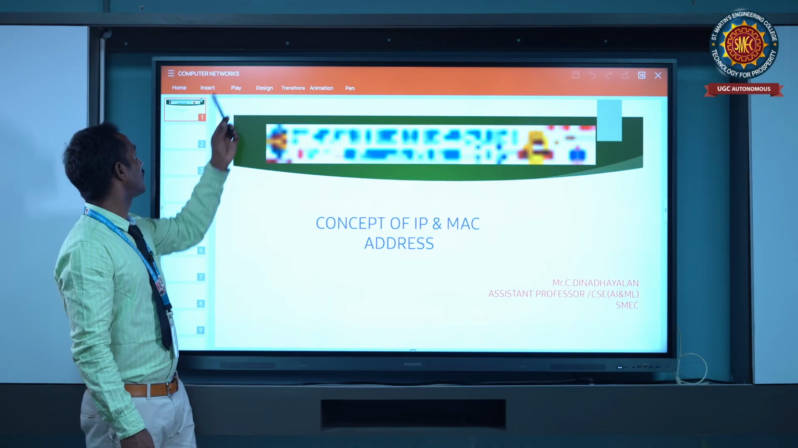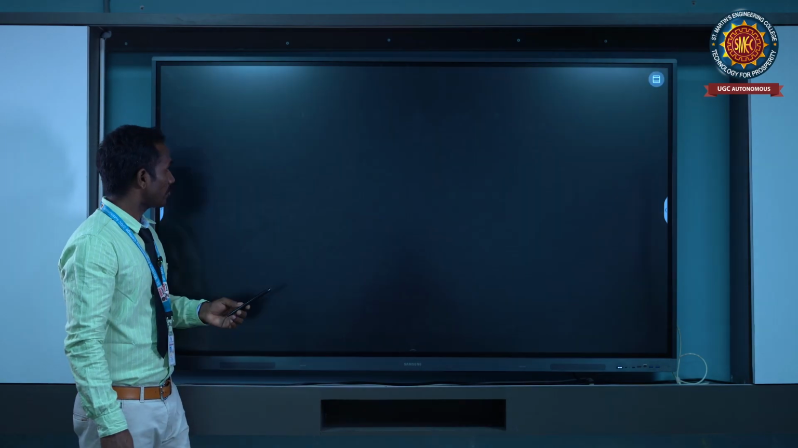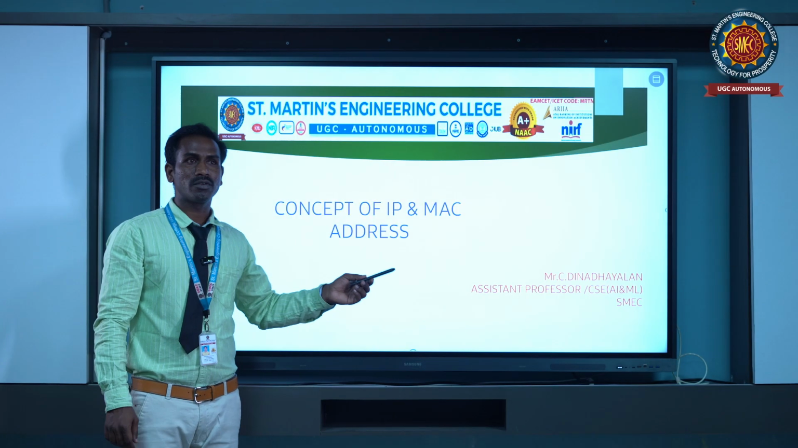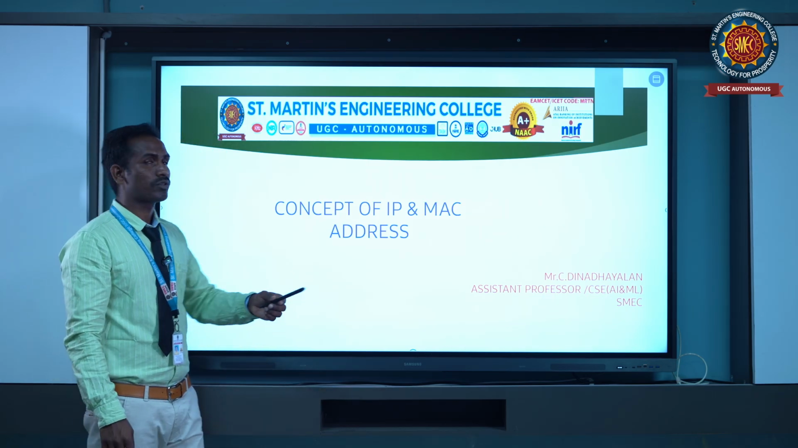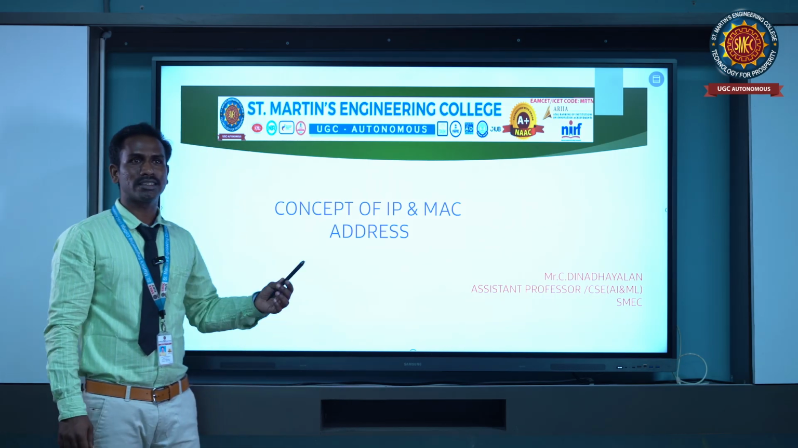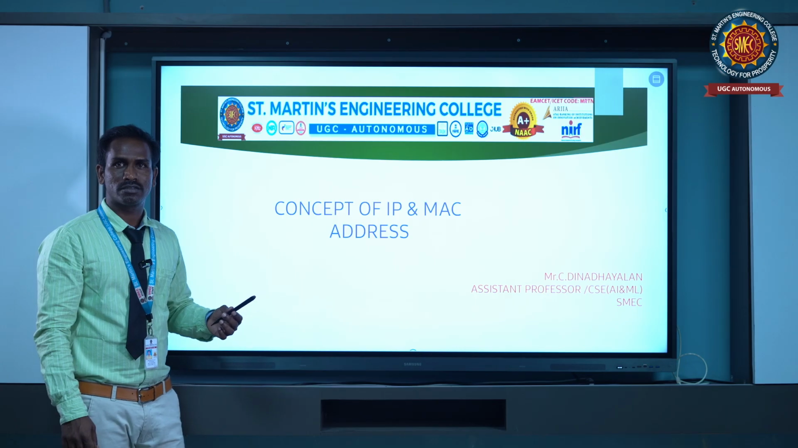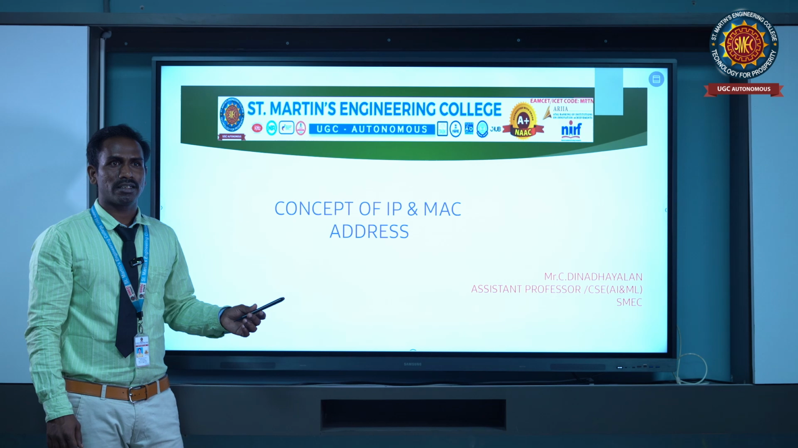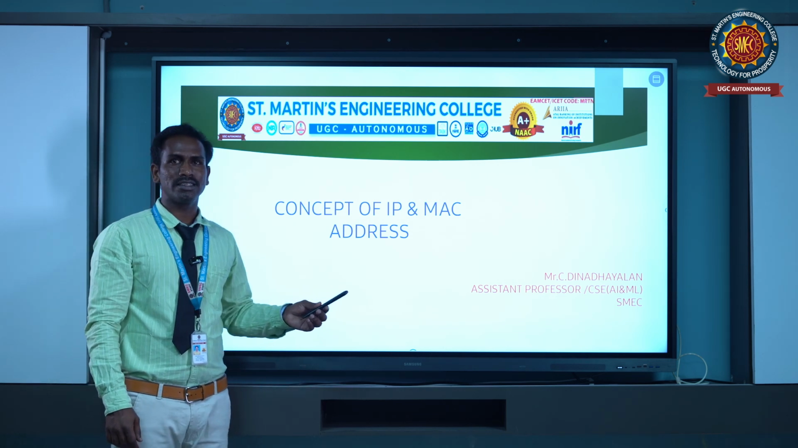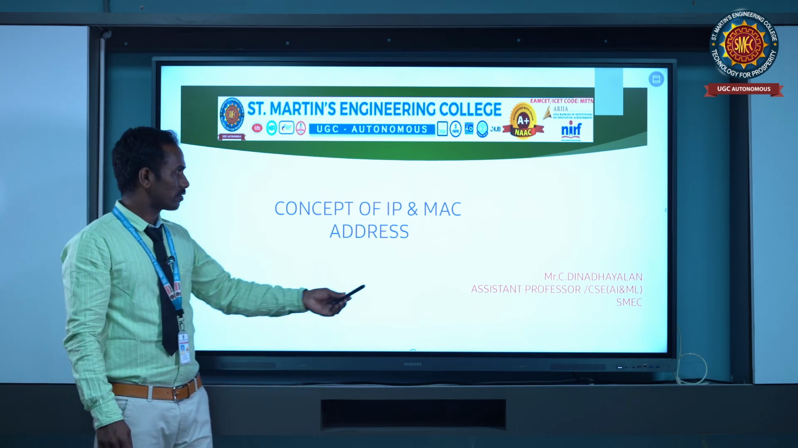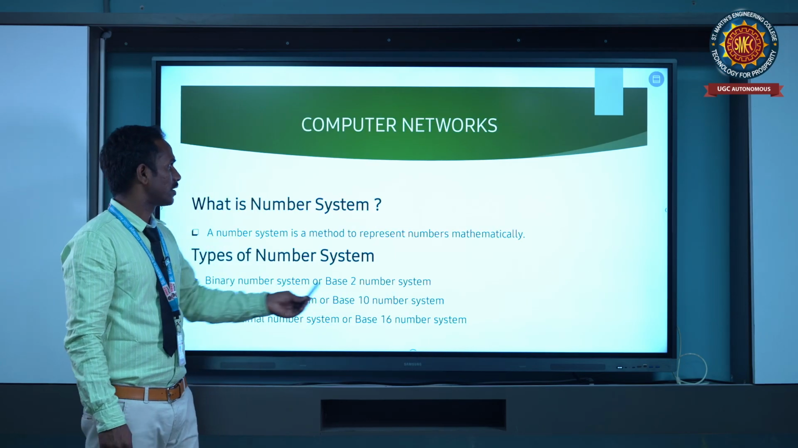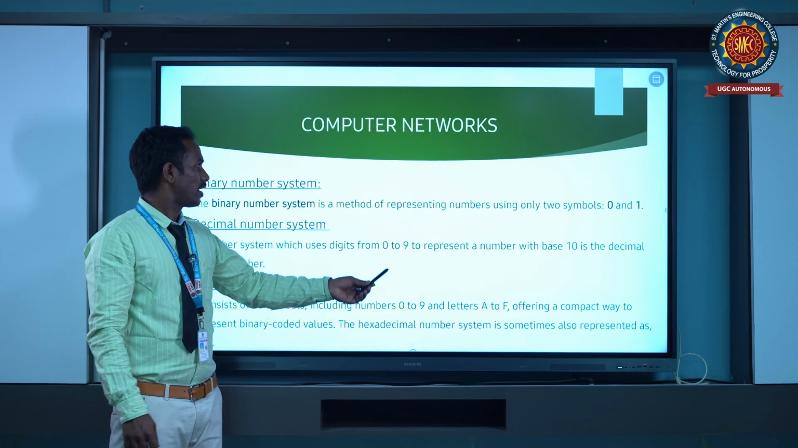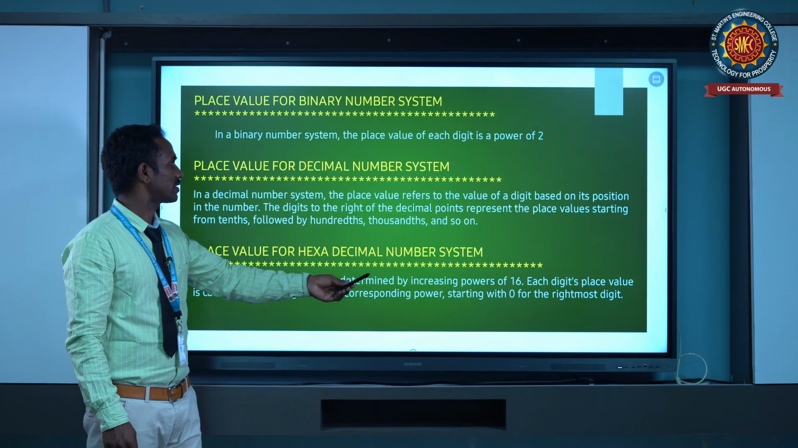class C ranges is 192 to 223, and class D ranges is 224 to 239, and class E ranges is 240 to 255. That is the ranges of classes. Classes is nothing but,